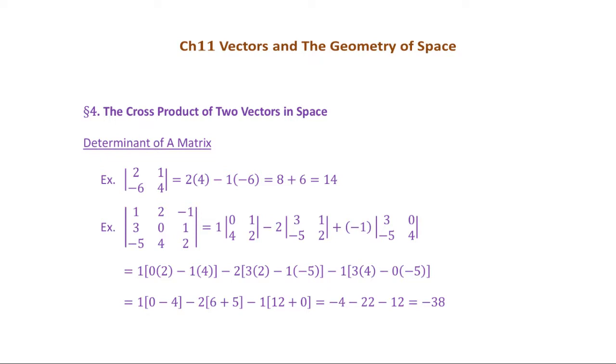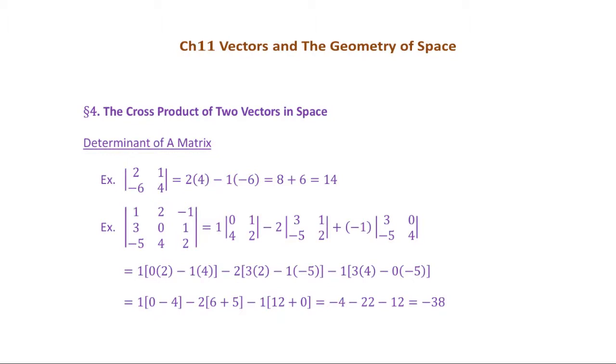You're left with a 2 by 2 matrix 0, 1, 4, 2. And you just multiply 1 by the determinant of that matrix. And then you go to the second entry in the first row, which is 2, and you subtract. So you minus 2 and then times the determinant of the